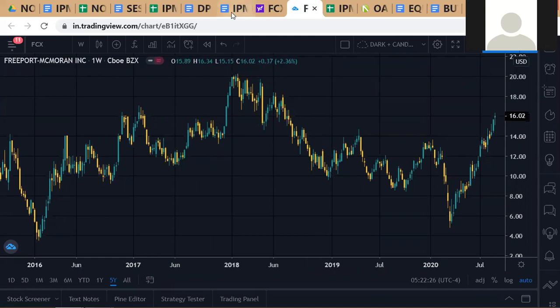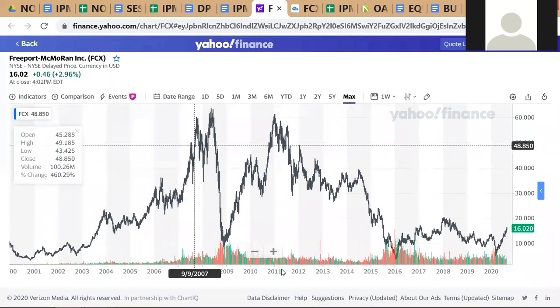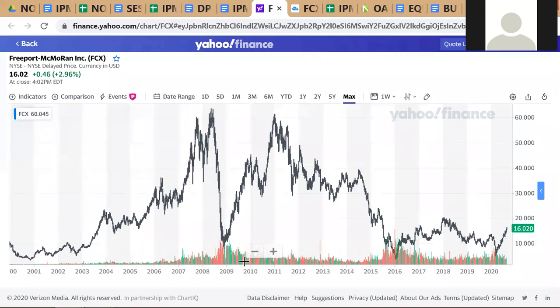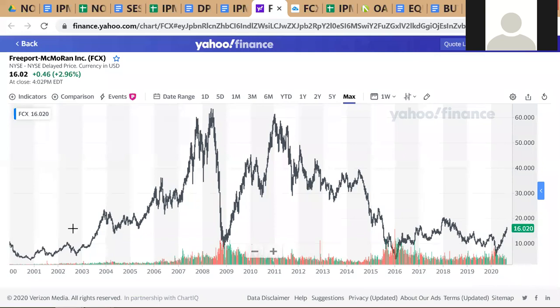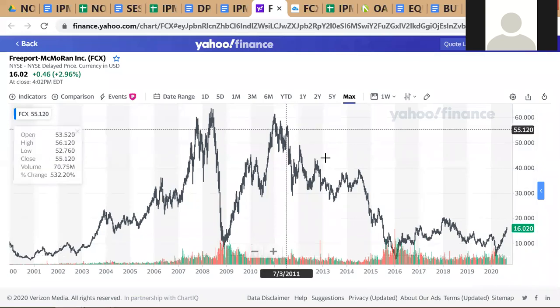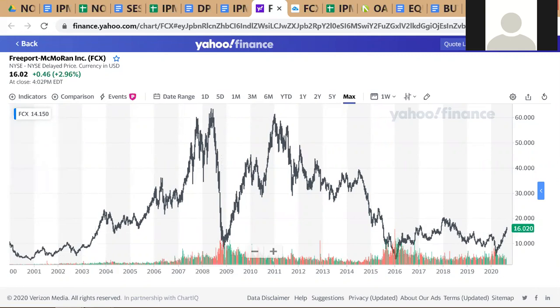Whereas here, nobody can say anything about this. You cannot have a second opinion about this. This is the true picture of the history of FCX stock trading, and no one can dispute any of the data on this. This is objective data. So the third thing you have to look at is